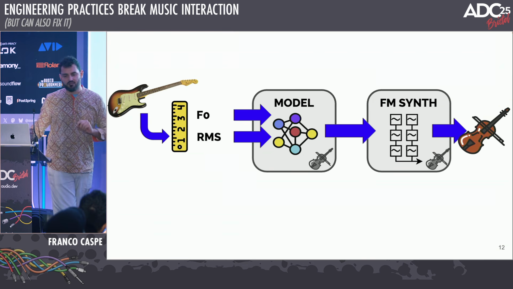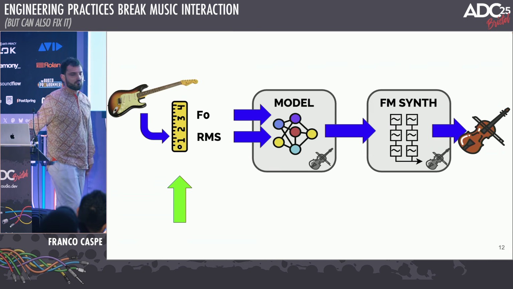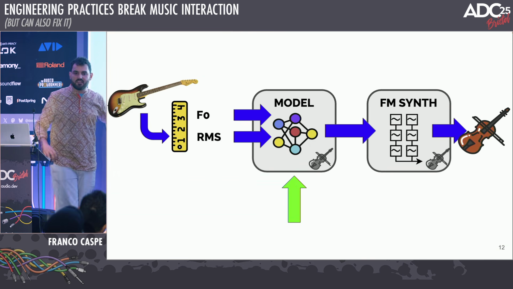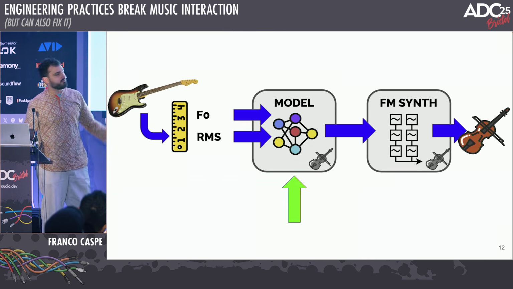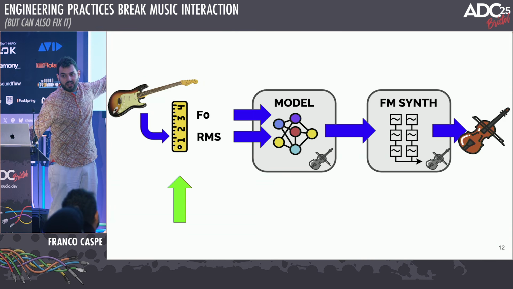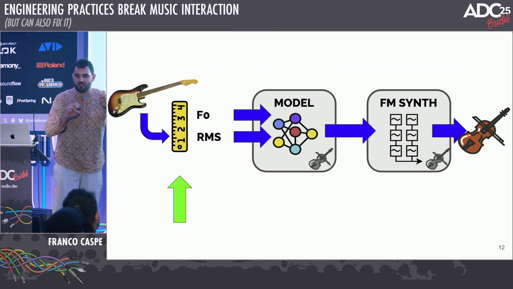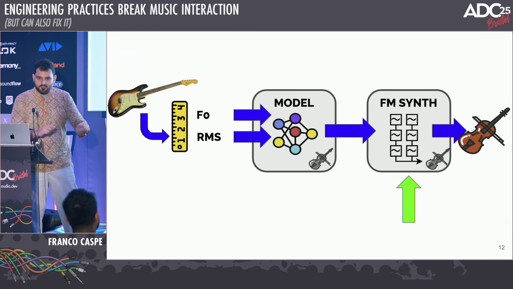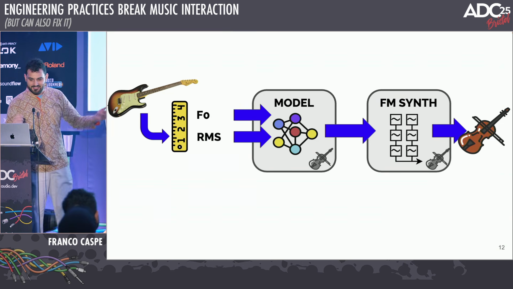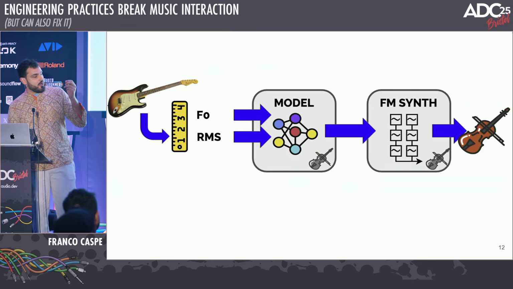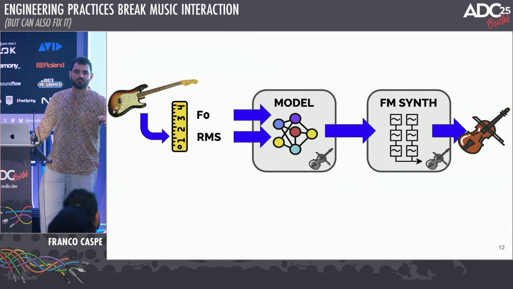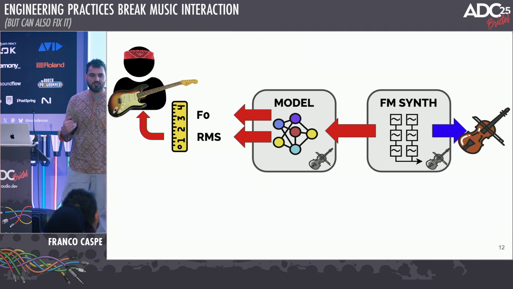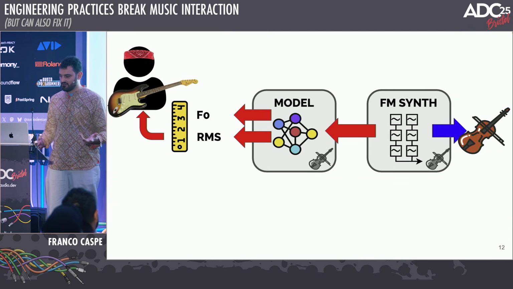But let's review it one more time. We have an audio input. We apply some measurement in order to extract some features. Those features go to a model. Let's just say that the model was trained with violin data, right? So guitar features, where we are theoretically isolating timbre and capturing content, go to a model trained with a violin. Then we go to an FM synthesizer, also configured to sound like a violin. And we have violin, right? So when I pick up the guitar, finally, after 2 years, and I build this plugin, shablam. All the design decisions seem to come back at me, seem to conspire with me.